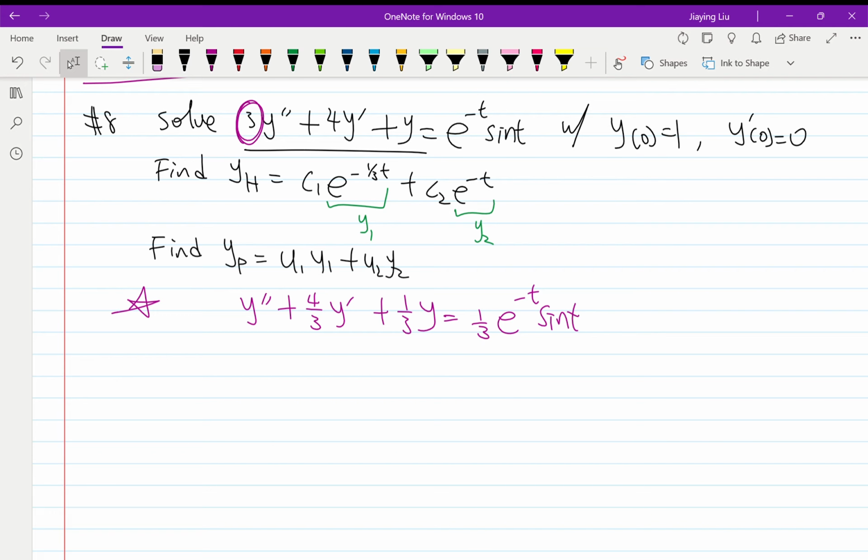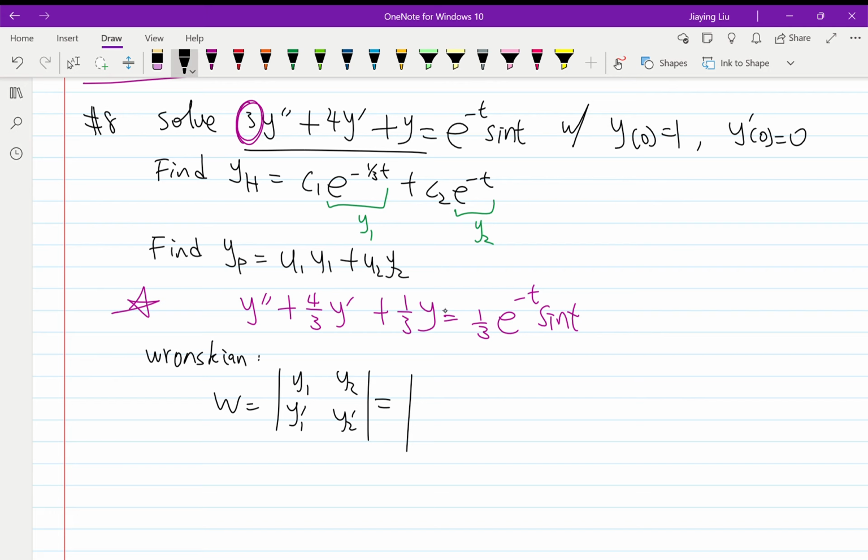So I'm going to use the method Professor Gibson does. So the first thing we're going to do is find the Wronskian. W is equal to the determinant of y1, y2, y1 prime, y2 prime. And that's going to plug in the